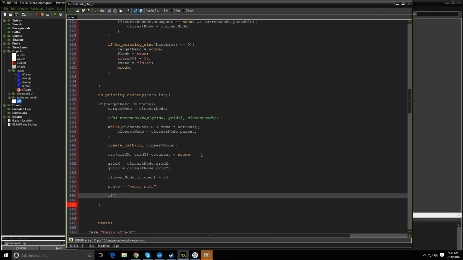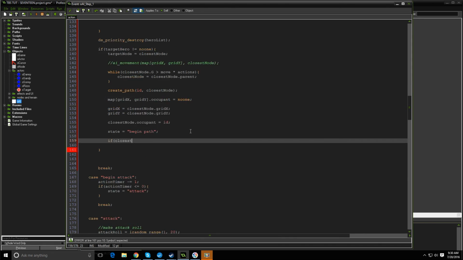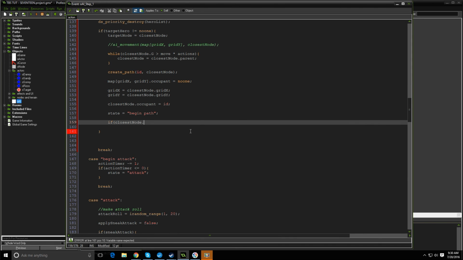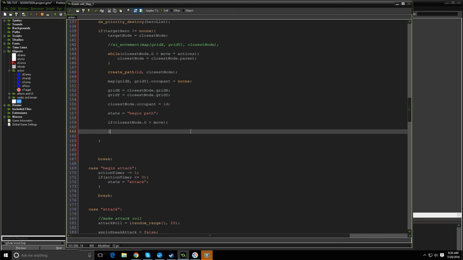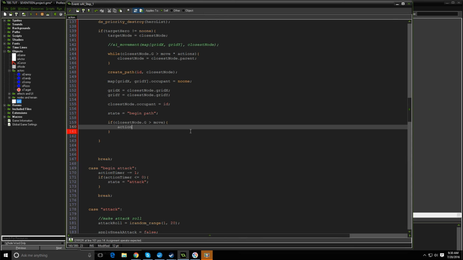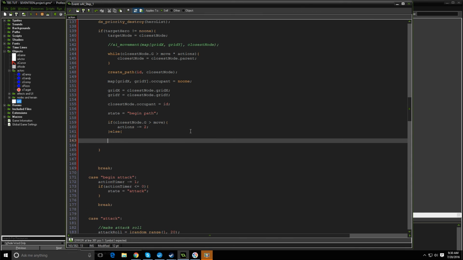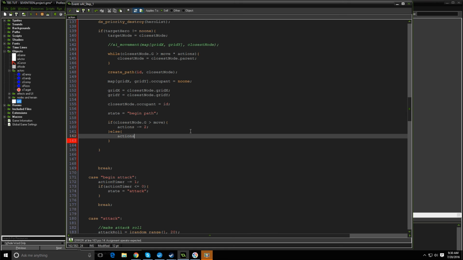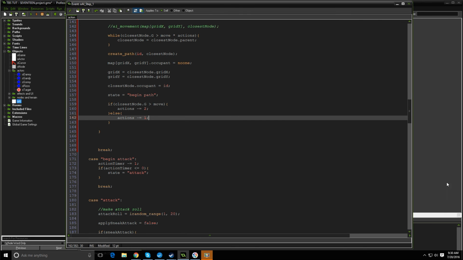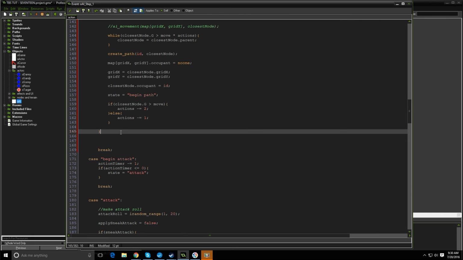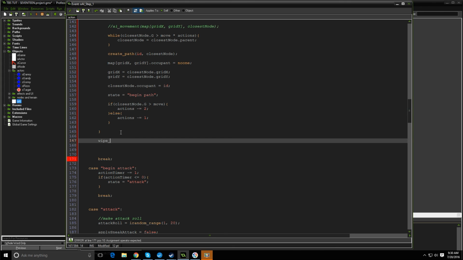And we'll reduce our actions. So if closest node dot G is greater than move, then actions minus equal 2. Else actions minus equal 1. Great. 2 more squigglies and a break. Except at the end of this, we want to wipe nodes. Alright, so now